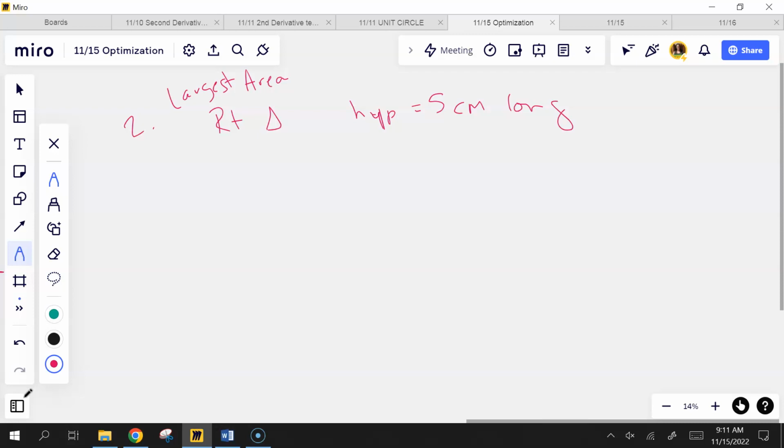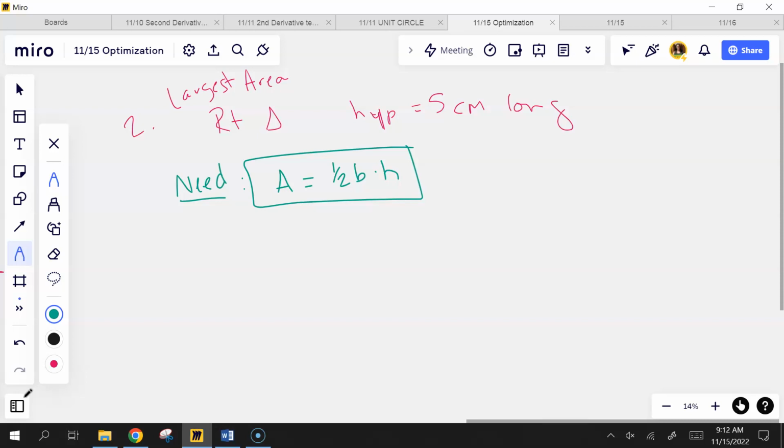Okay, so let's look at what we need to find and let's look at what we were given. What are we asked to find? The largest area. How do you find the area of a triangle? Okay. This is the function that I'm maximizing, right? So area is 1/2 base times height. This is my equation that I'm going to take the derivative of, that I'm going to do the sign analysis of, but my problem is